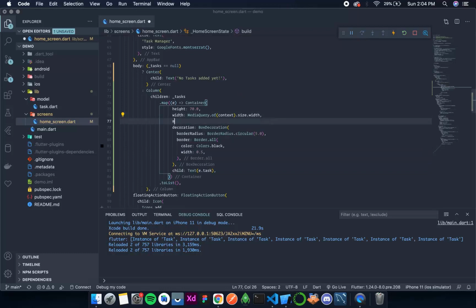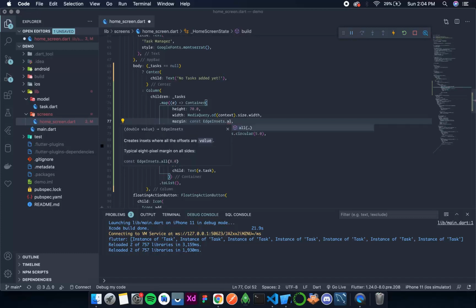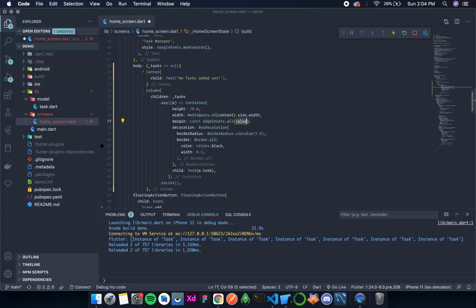Let's add margin. We always use const because we don't want this to re-render every time the setState method is called, because it is not necessary.